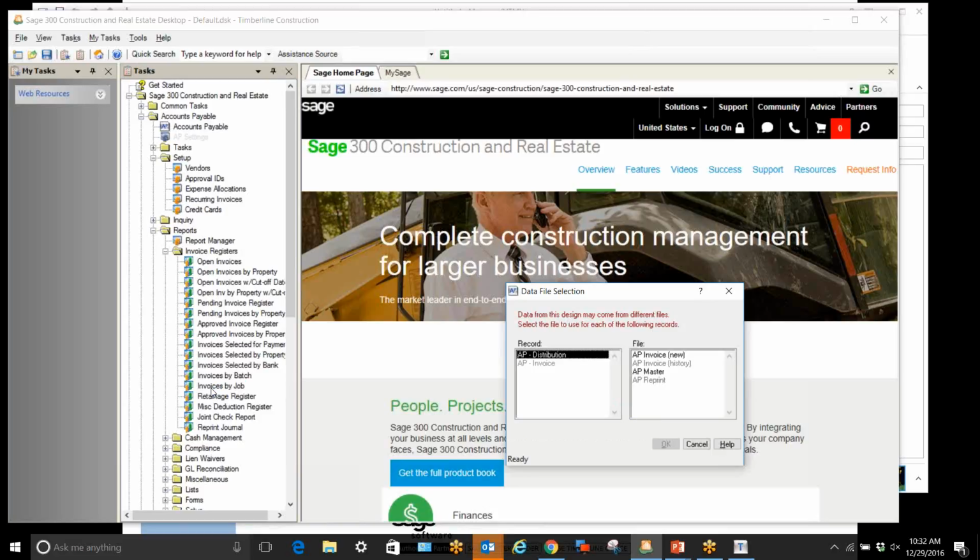You will ask yourself, okay, I'm looking for an invoice for a vendor. Is it in the history file or is it in the master file? Well, what's the date on it? Well, it's a 2014 invoice. Well, it might be in the history file. It might be in the master file. You don't really know. That's another example of why you don't want to be too aggressive with your cutoff dates,